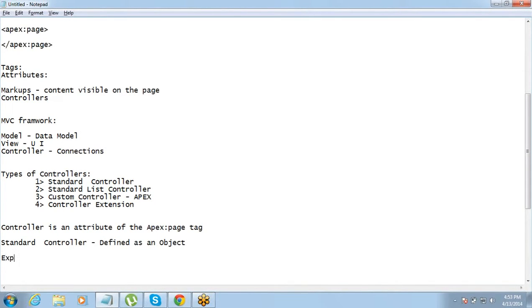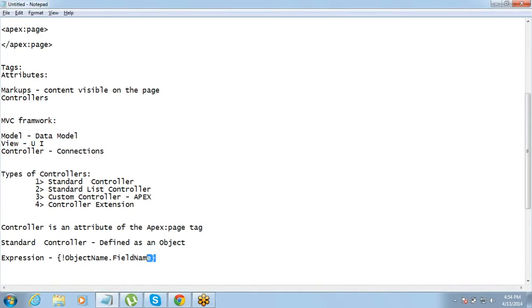The expression is, within curly brackets, exclamation mark, object name dot field name.